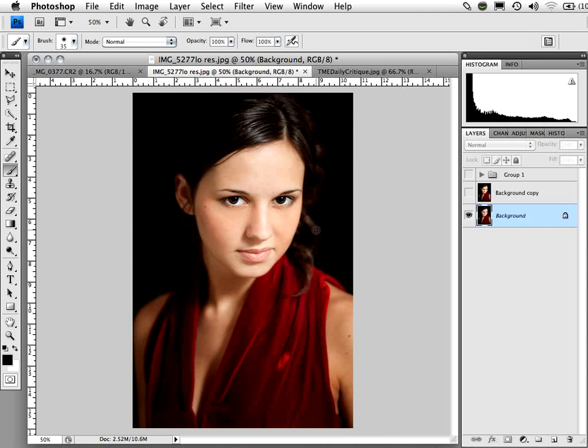Another is that in the last 10, 12, 15 years, portraits have pushed more towards being keyed towards very bright values, particularly in the world of beauty. So we could take skin and we could make it much brighter than it looks to our eye. And so I'm really just trying to drive home a simple point today,